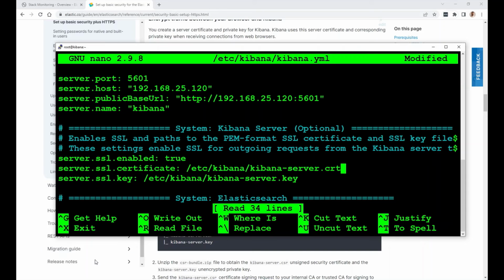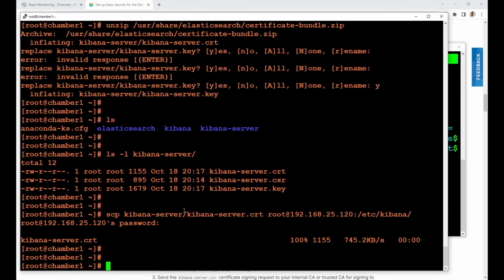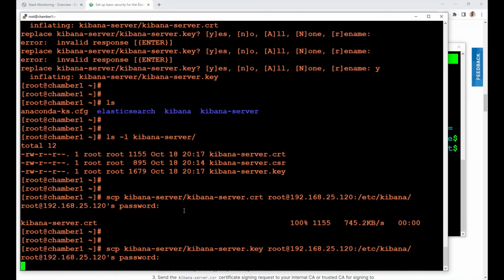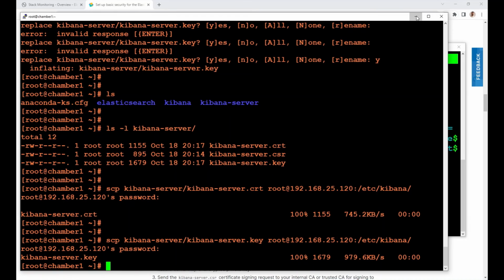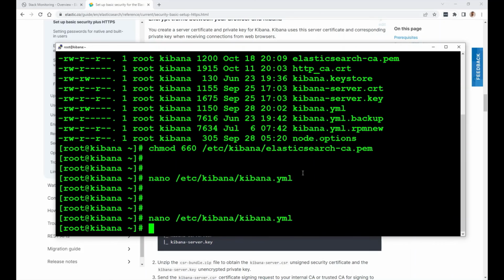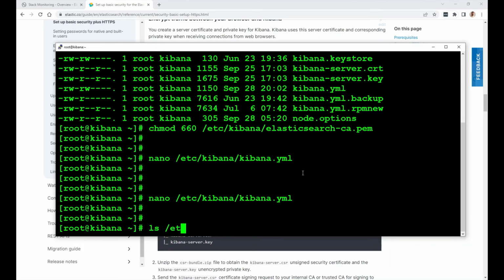Oh, I have to move the key as well. Okay, so we specify them in the Kibana YAML file. So we moved those two files. I'm going to save this file and double check